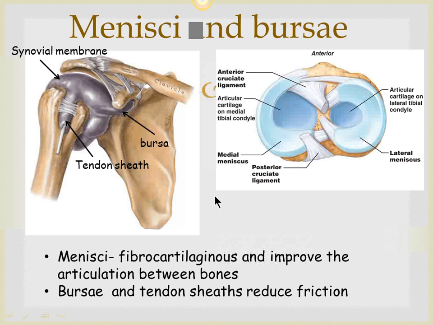Now here is a description of menisci and bursae. So here is the meniscus in the knee joint. You've all probably heard of a medial meniscal tear. Medial menisci are prone to tear very frequently because they are very firmly attached to the capsule. So here you can see this is the meniscus. Can you see it's C-shaped, and it's got a shallow dip,